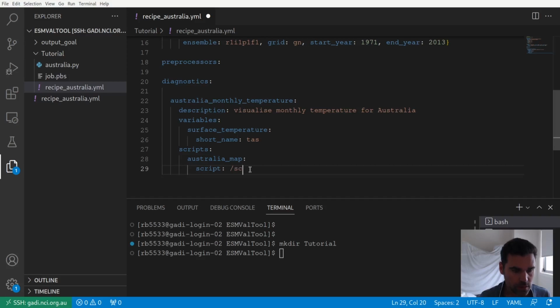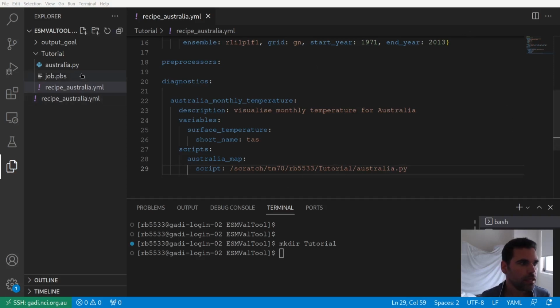Actually, what I'm going to do is put the path to our Python file we've just created. So it has to be the full path. I mean, in development, it's better to use the full path, I think. I've tried to use relative path, but it's not always behaving as expected. So I think the best way is just to use the full path, and the script is called australia.py. Okay,